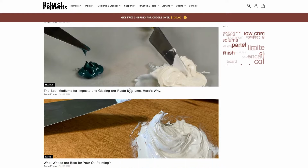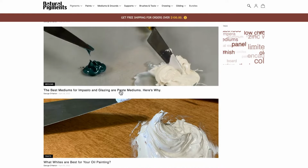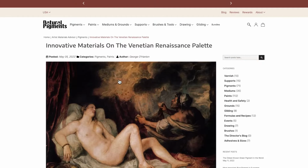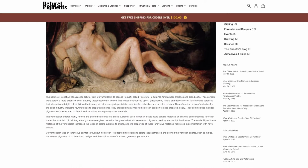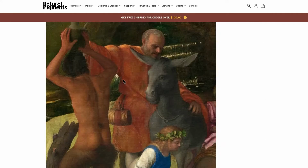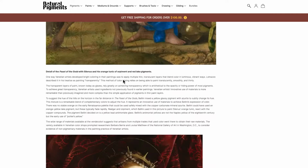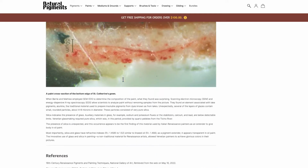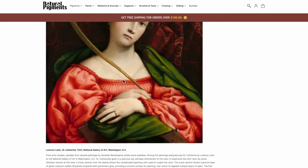But you can see each article contains lots and lots of information. Here's an example, innovative materials on the Venetian Renaissance palette, and we discuss some of the materials used that were unique to the Venetians, and lots of information. So we know a lot of people are